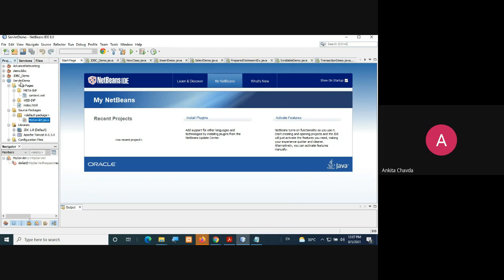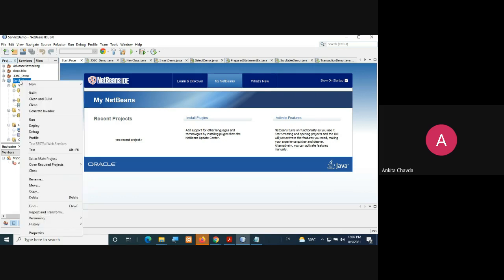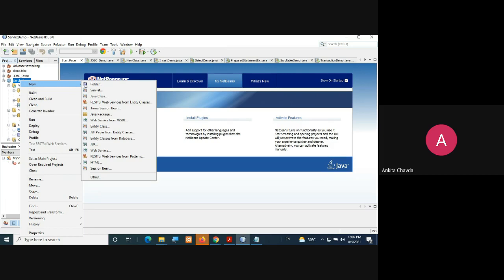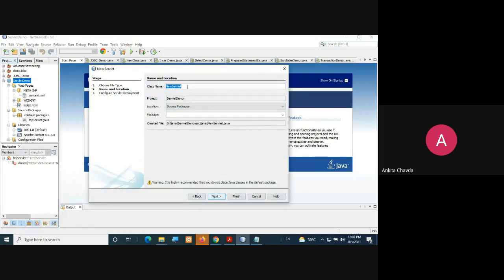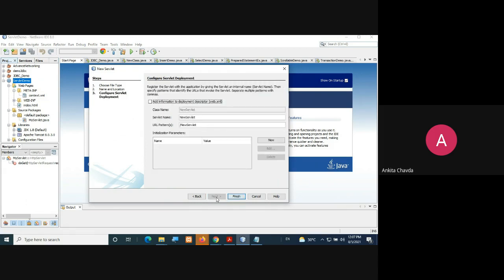So how to create the servlet? You just need to create from this new and select the servlet. Okay, select the servlet. So a new servlet file will be over here. You can give any name. I have given MyServlet, or you can give NewServlet, right? Go to the next. Here, add the information to the deployment descriptor.